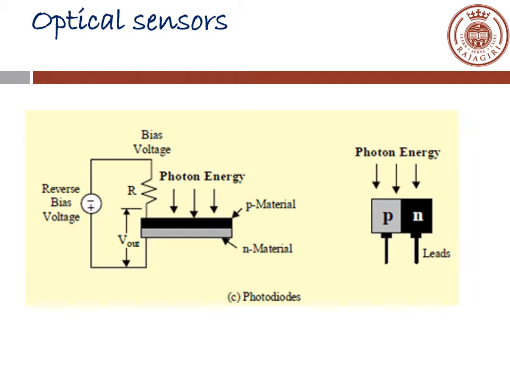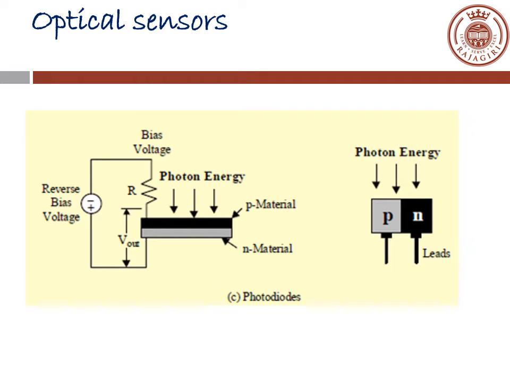This photodiode is a semiconductor diode which is exposed to light. It generates a potential difference, or you can say it changes its electrical resistance. So you can define a photodiode as a kind of p-n junction device that generates current when it is exposed to light. This photodiode is also known as a photodetector. It is also known as a photosensor.